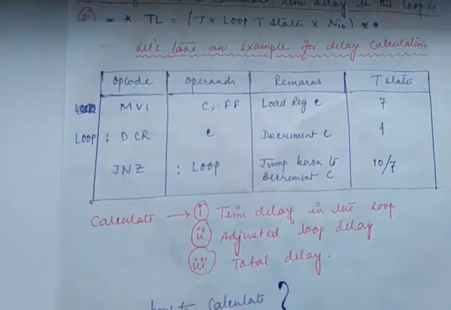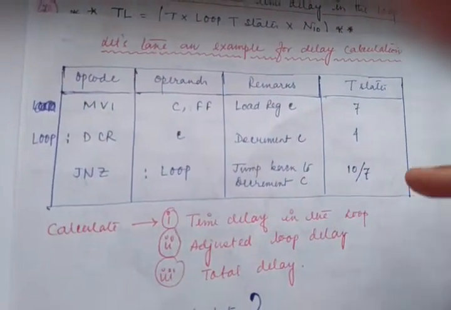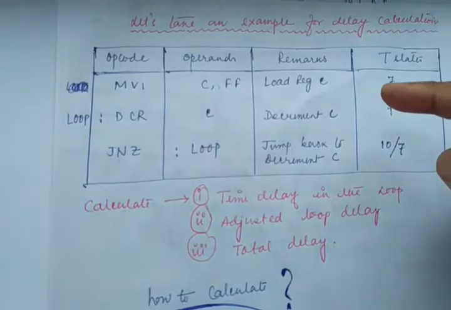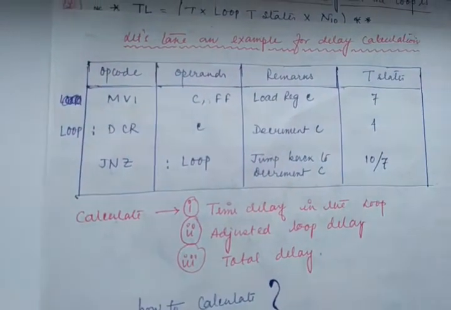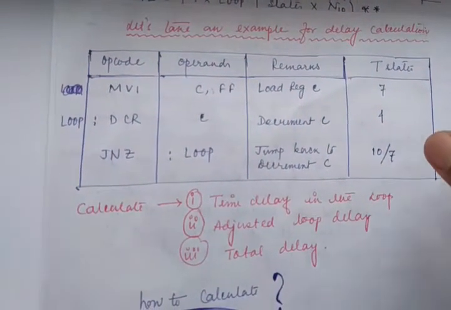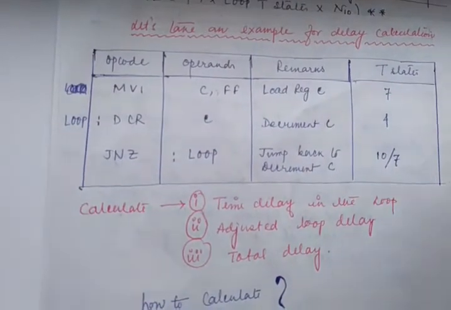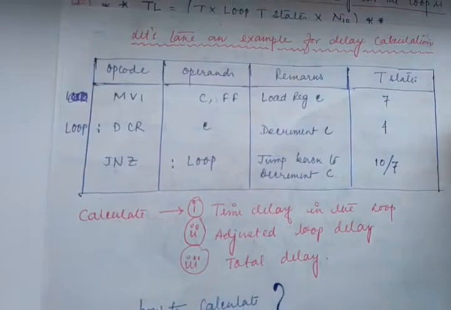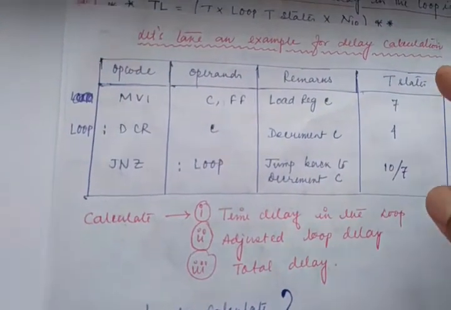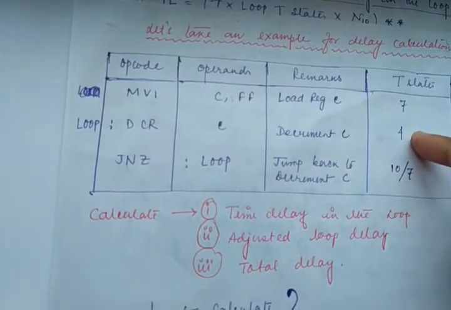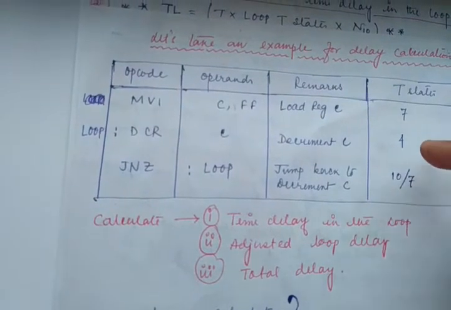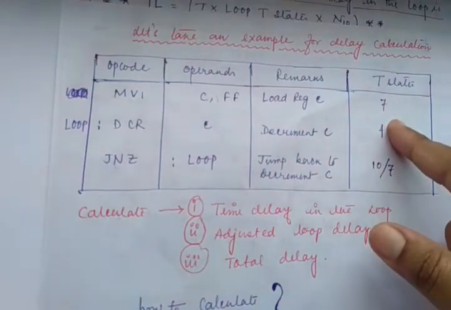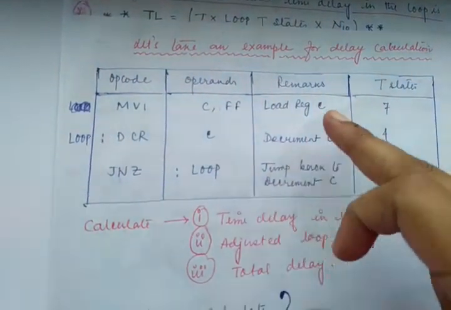Okay, and here the most important section is the last column that I have mentioned over here, that is the T state. These T states are very important, because otherwise you are not able to calculate the amount of delay, because the amount of delay is related to your time, right? The number of T states is a term you are already used to, because in the timing diagram you have already calculated this part.